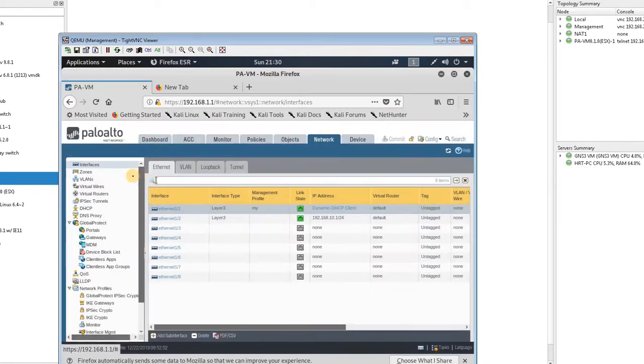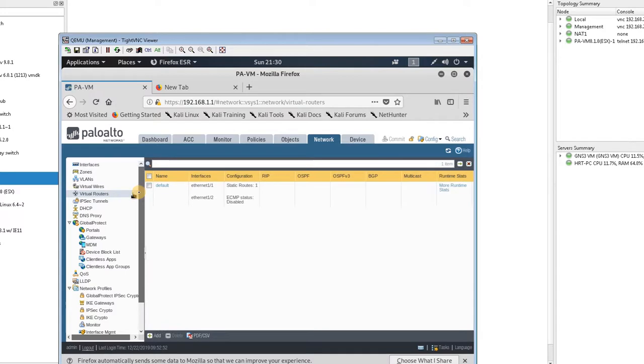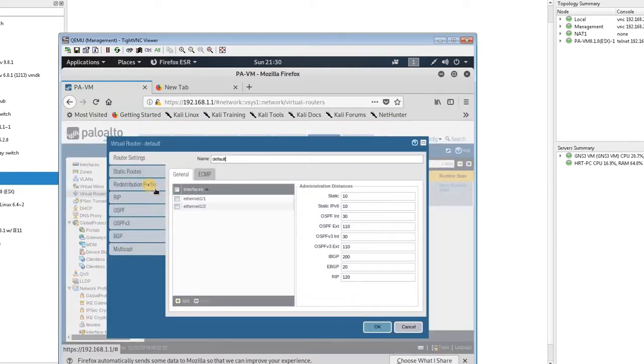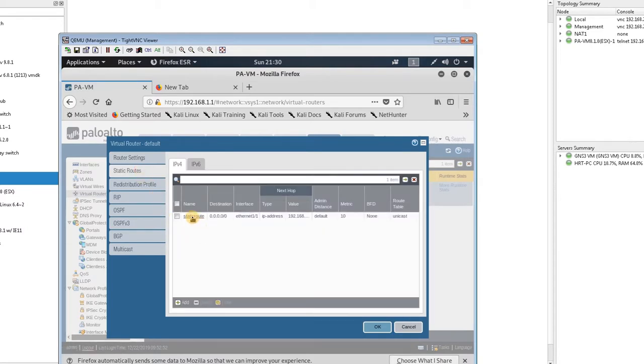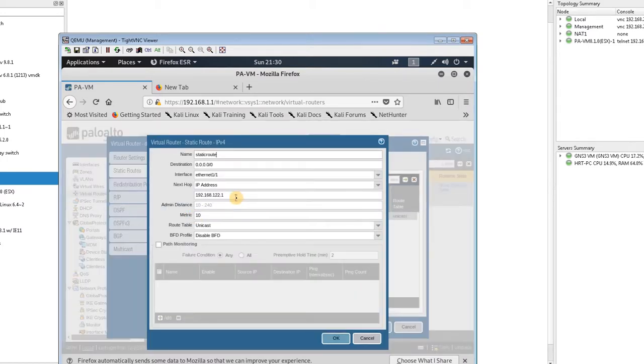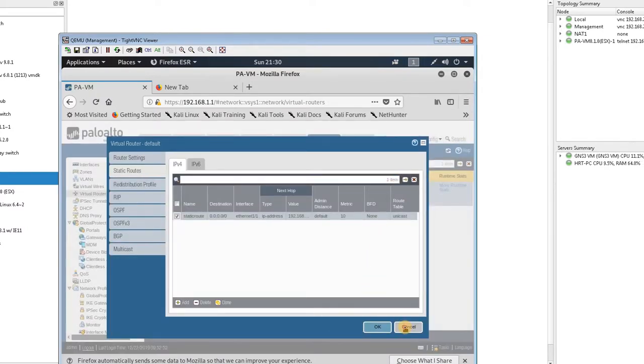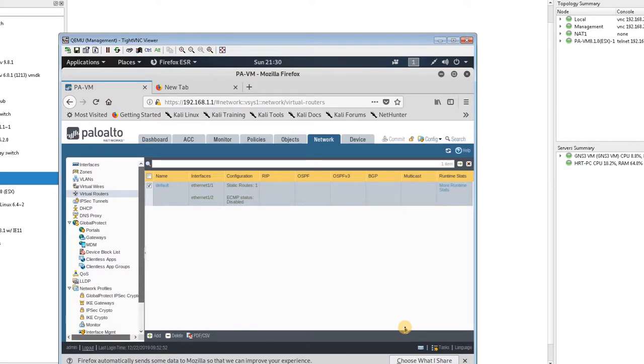If you look at the DHCP client here, the default gateway is 192.168.122.1. So here in the virtual router, I set the default route for any traffic that is coming to my interface, Ethernet 1/1. I set a static route so any traffic to Ethernet 1/1 goes to 192.168.122.1. If I click here, this is my default gateway. So you should set the default gateway for your firewall if you want to have internet on your local